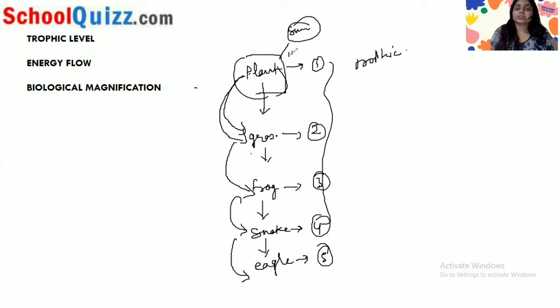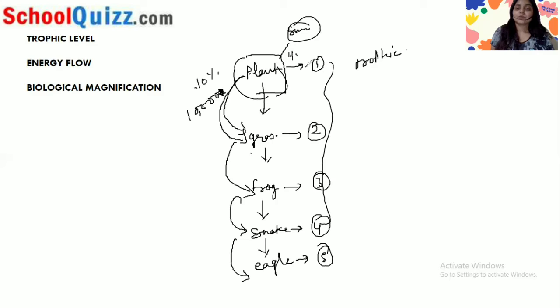Only 1% of the energy from the sun is absorbed by the plant, and from the plants up the trophic levels, to the eagle, the 10% law is followed for the energy flow. Let's say there are 10,000 units of energy in the plants. When this plant is eaten by the grasshopper, only 10% of the 10,000 energy is transferred to